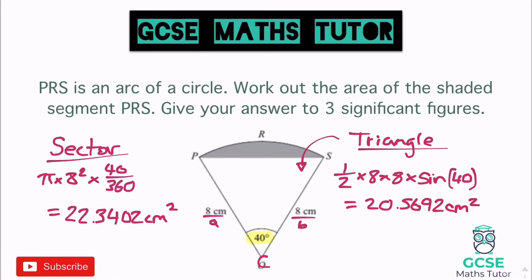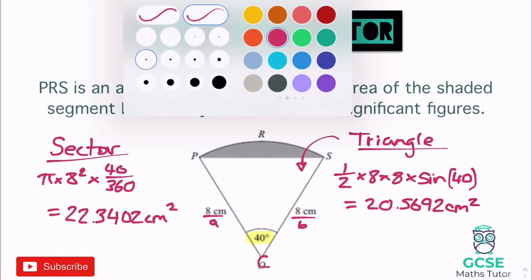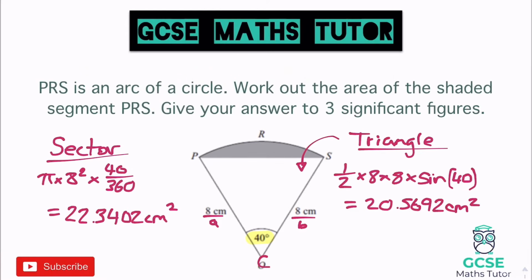So to get the area of that little bit that's left over and above the triangle, we just need to do the sector and take away the area of the triangle. So to finish this off, my last little bit of work in here will be 22.3402. I'm going to take away 20.5692. Right, there we go. Let's just type that in. So 22.3402 take away